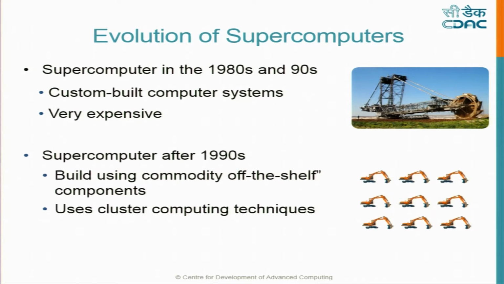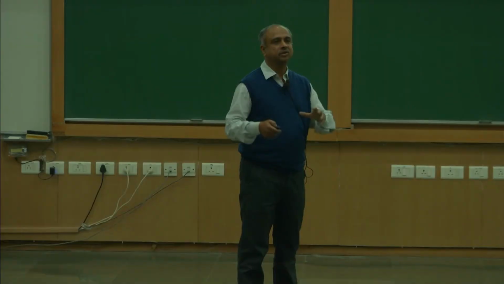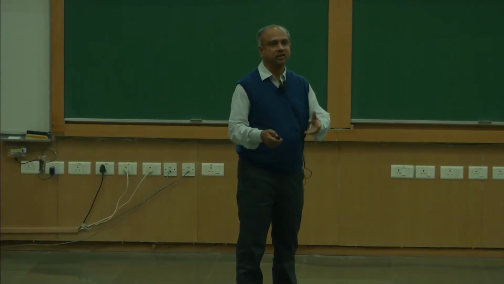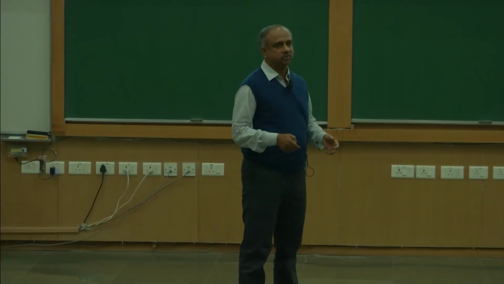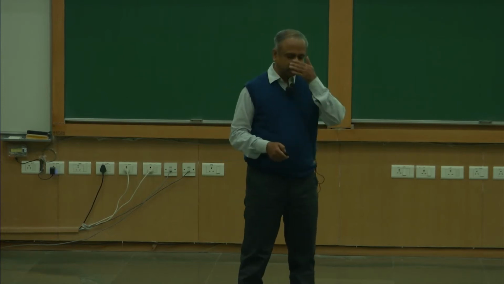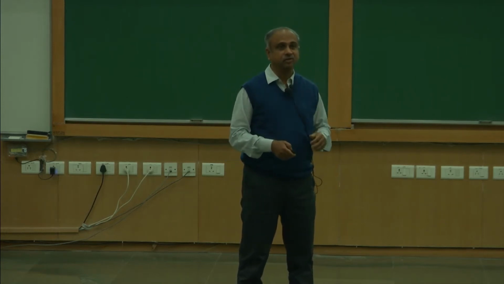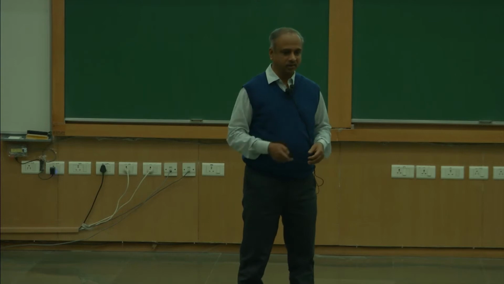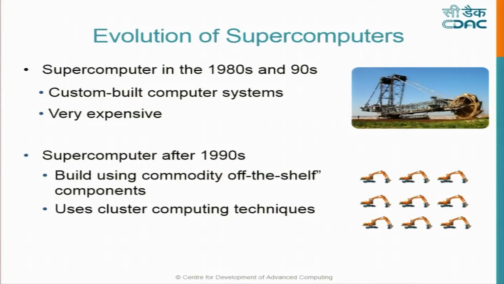So an example is, suppose this is an earth mover. It's a big earth mover and it can move, let's say, some 1000 square feet of earth in a given time. Suppose 1000 cubic meters is not good enough for you, you want it to be double. What will you do if the machine is of this type?